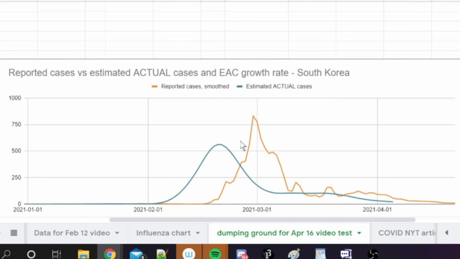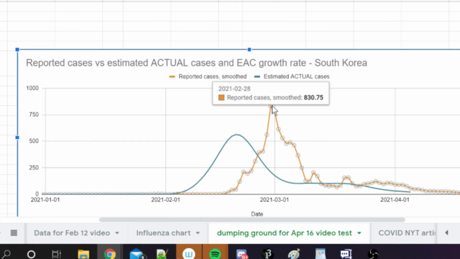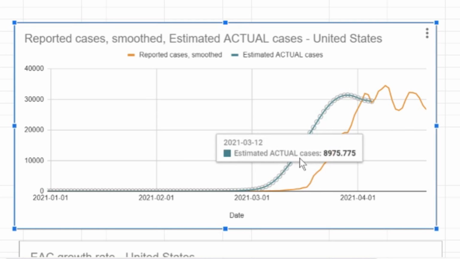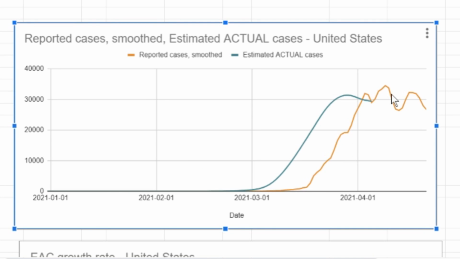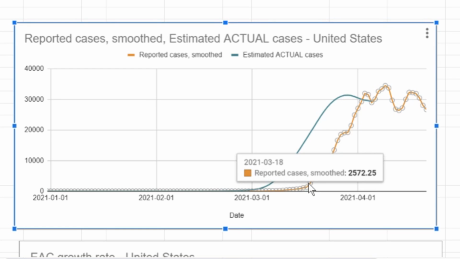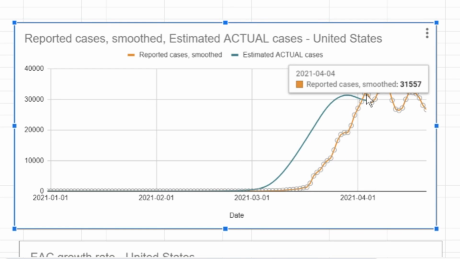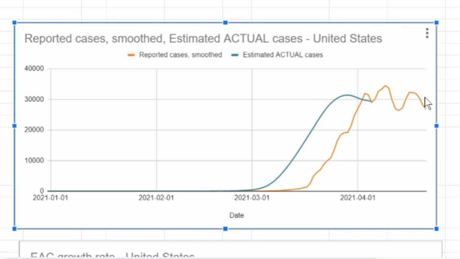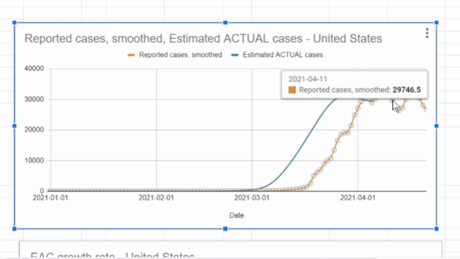I did the same for South Korea, who saw a huge spike in reported cases in late February, but then saw one of the fastest declines. And then I also did it for my home country of the United States, which has seen the largest number of cases, and the news is acting all doom and gloom about it. But you should notice that the exponential growth that we saw in March hasn't really happened in April. It's held about constant. Is that a good thing or a bad thing? Well, it's more complicated. So to answer that, we'll have to talk about growth rates.